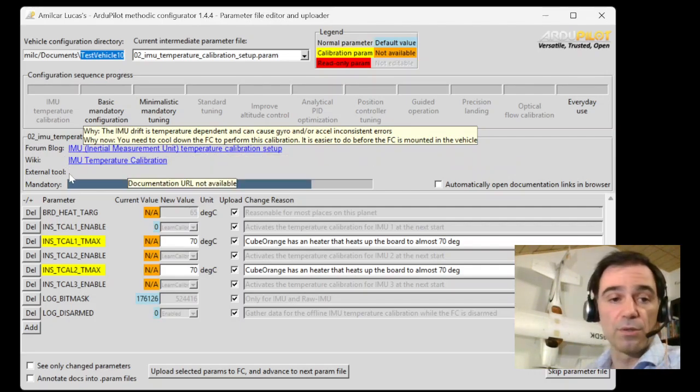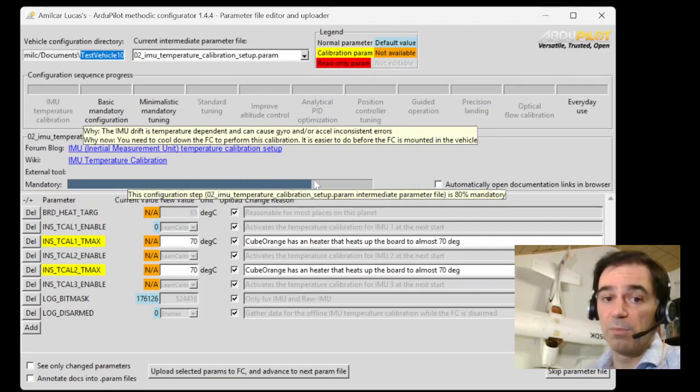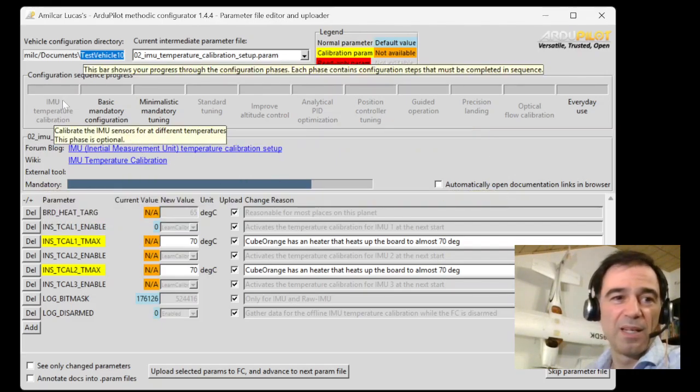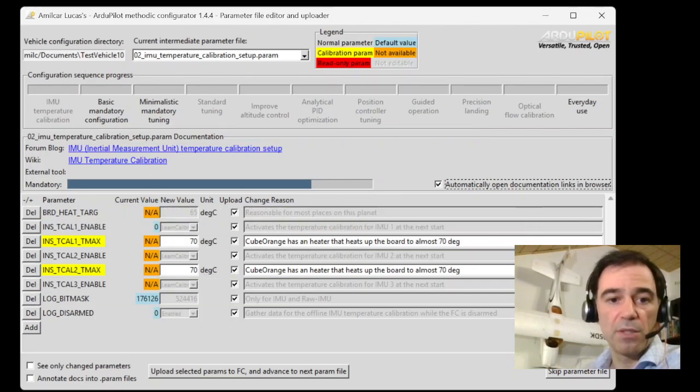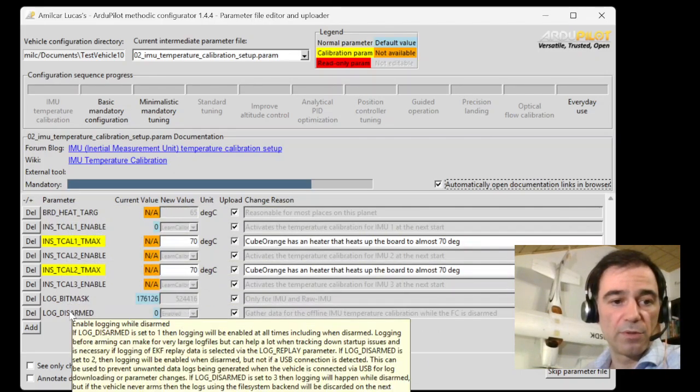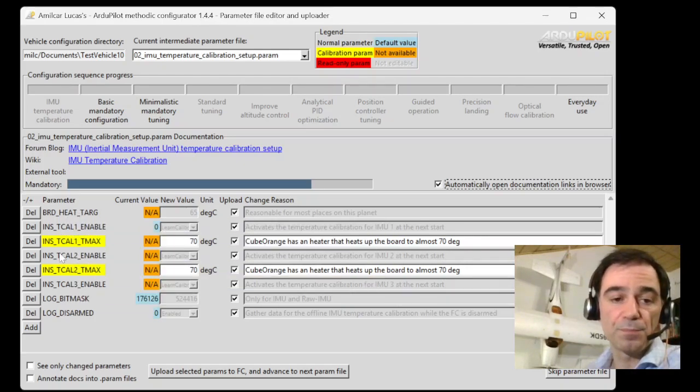If there is an external tool that you're supposed to use, that external tool will appear here. It tells you that this step is not mandatory, it's not fully mandatory, it's recommended because the phase itself is optional. For the step itself, there's the parameter table here where a list of parameters is displayed with their respective names, and on the pop-ups you get to see the documentation for that particular parameter. So you get to see how you can use that parameter and what range it has, what's their default value. You see all that information here for every single parameter.